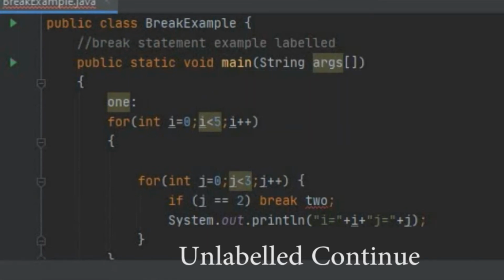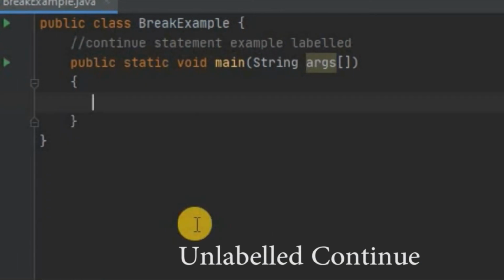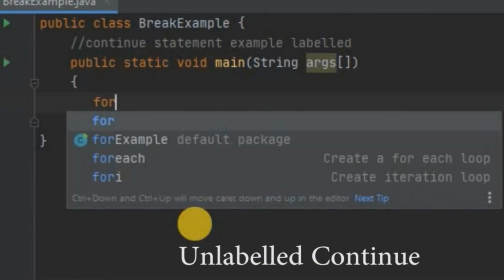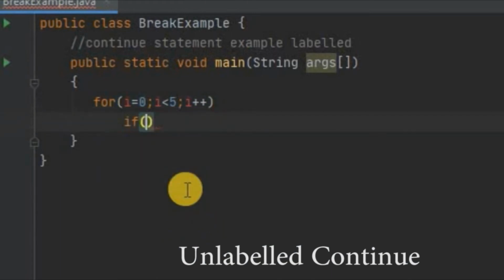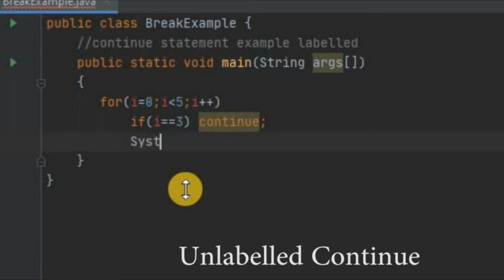And another statement is continue. I will take for i is equal to 0; i less than 5; i plus plus. If i is equal to 3, continue; Then System.out.println.